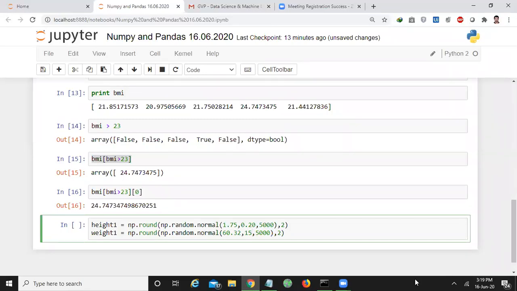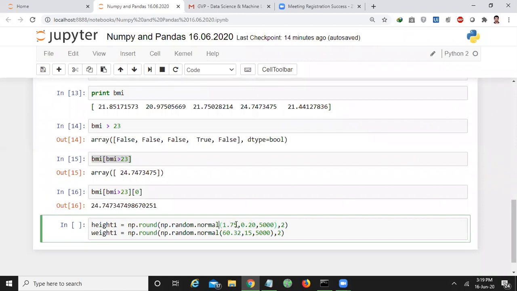Here I want to create an array called height1, which contains some random values. Those random values are distributed with a mean of 1.75. If I calculate the mean of all those samples, it should come out like 1.75, with a standard deviation of 0.20.